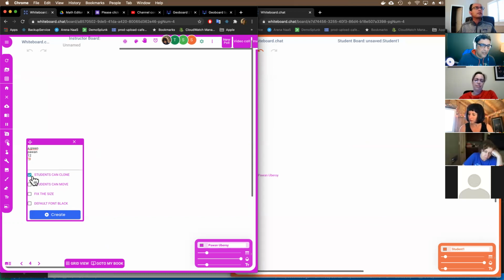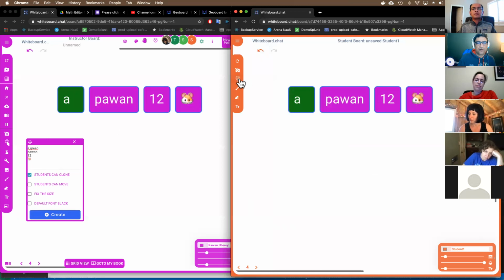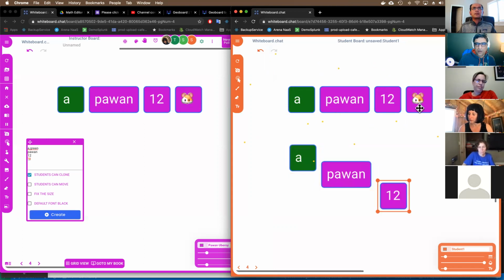So you can set them to students can clone, right? And then hit create, and it'll create these things on the screen. And then the students have the ability to move them very easily, clone them around, move them around, make objects out of it. So you can play all kinds of games, all kinds of Scrabble with it, with the tile